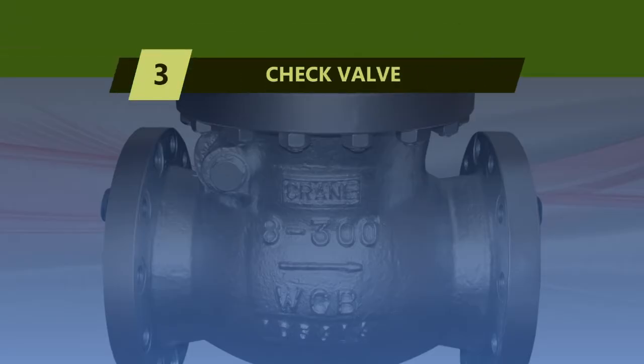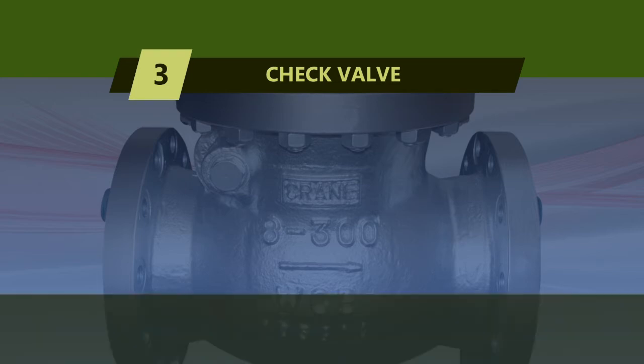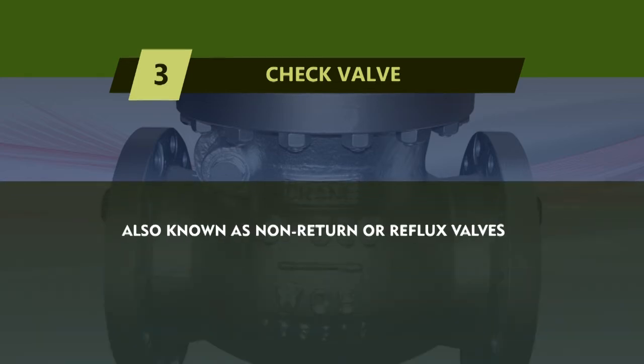The third type of valves are known as check valves. These are also known as one-way valves, non-return valves, or reflux valves. Such names are given to these valves because a check valve will only allow the water to flow in one single direction. Backward flow of the water is not allowed through such valves. Such valves are installed at points where a breakage will result in large loss of water by the backward flow.